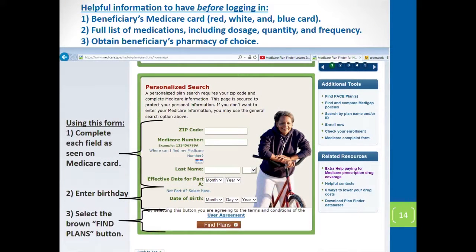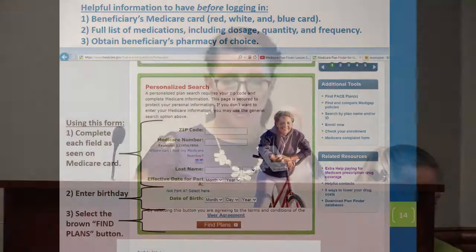Information you should have before logging in is the beneficiary zip code, Medicare number, which is on their red, white, and blue Medicare card, their last name, make sure it's spelled correctly. If they're a junior or senior, that's also important too. Their Part A effective date, which is also on their red, white, and blue Medicare card, and their date of birth. Other things, a list of their prescriptions, the name, the dosage, and how frequently they're taking them is also information that you'll need, and their pharmacies. We always ask for 2 because we can